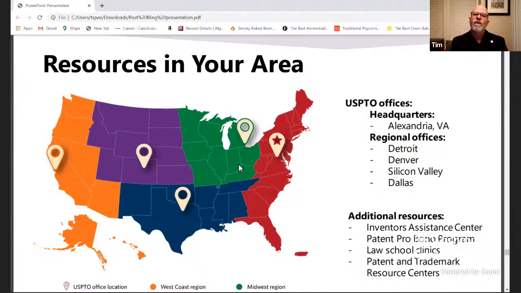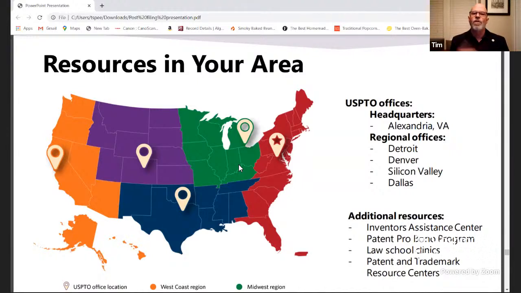Remember I talked about a file history. Say you're in the process of doing research for your invention, you've done some prior art searching, and you found a patent that you think is very relevant, somehow close to what you're doing. Maybe you want to take a look at the file history and see what that looked like. Or if you're trying to get an idea of how to draft your specification, you can find one of those patents, go look in public PAIR, and see what some of these papers look like.